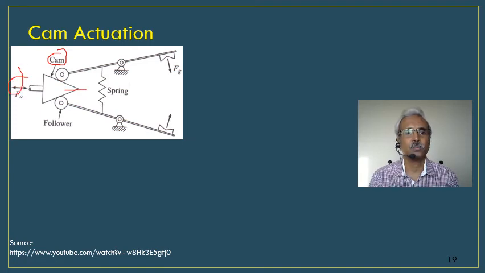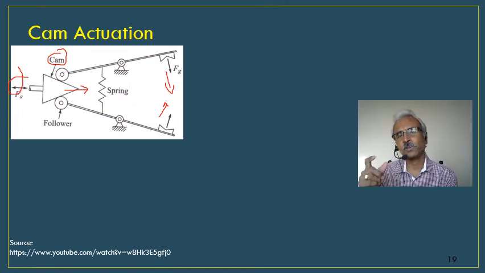So when this moves forward, normally, because of the spring force, this is kept open. When the cam is pushed to the right or forward, against the spring force, this moves like this, and the gripping force is given. When you retract the cam, automatically because of the spring force, it opens, right? So probably we'll consider this as the design where it is a normally open gripper.